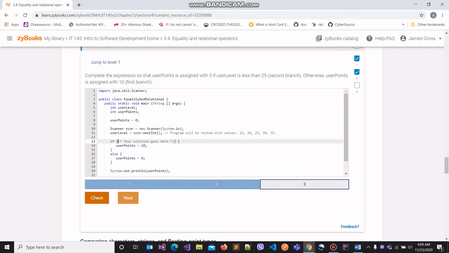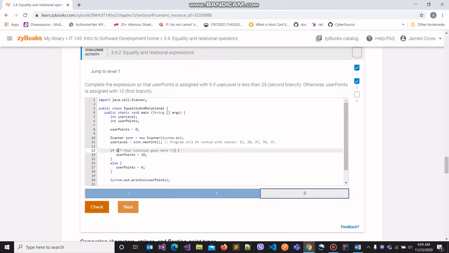Finally, let's move on to the third part of this question. Now complete the expression so that userPoints is assigned the value 0 if userLevel is less than 25. Otherwise, userPoints is assigned 10. So we have two variables, userLevel and userPoints, and userPoints has been initially assigned the value 0.